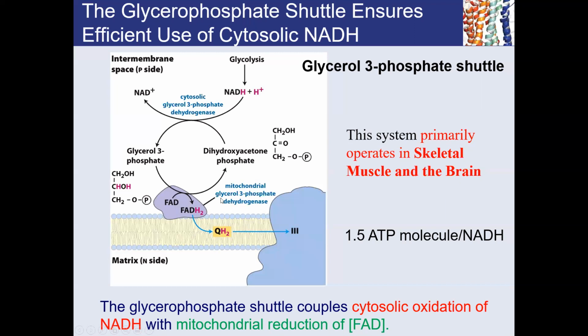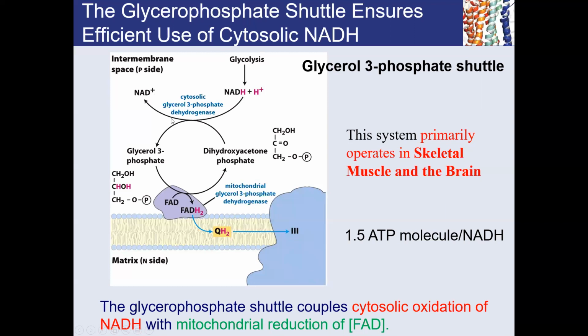So mitochondrial glycerol 3-phosphate dehydrogenase: what chemistry is it doing? It's taking glycerol 3-phosphate and oxidizing it to dihydroxyacetone phosphate using FAD. Then it takes the reduced FADH2 and transfers those electrons, one electron pair, 2 electrons, to ubiquinone to generate reduced ubiquinone, which is ubiquinol. And then that can go to complex 3. Cool? So that's what it does.